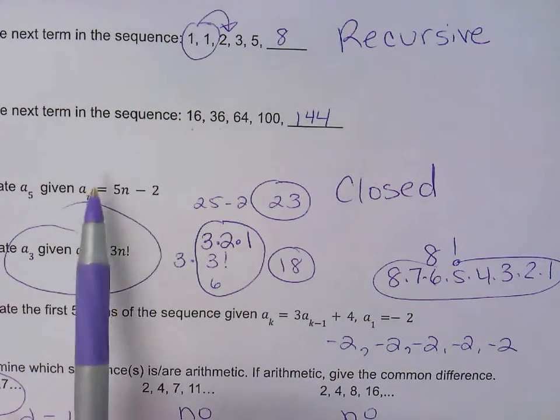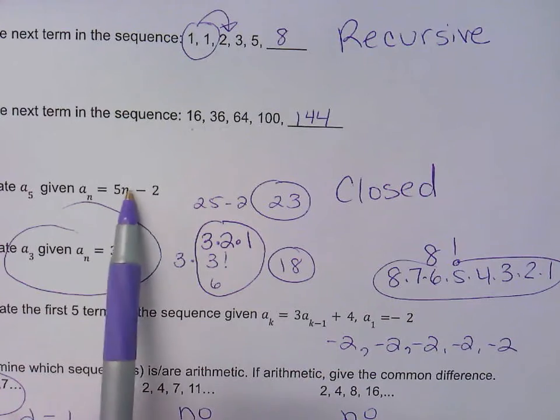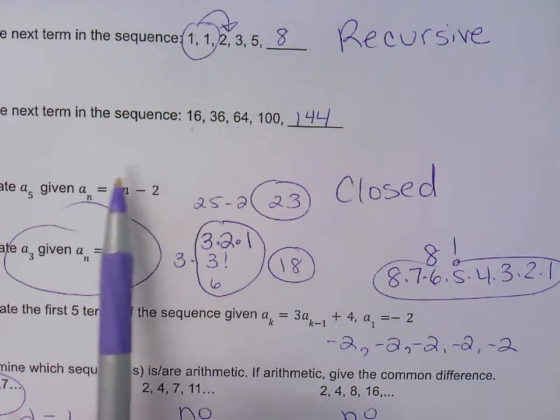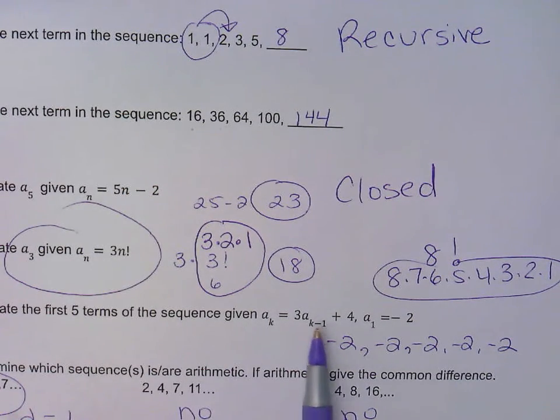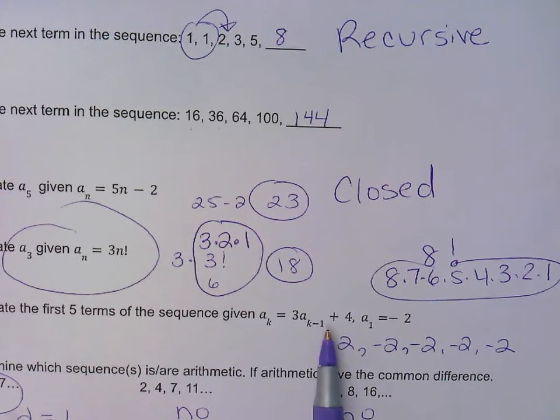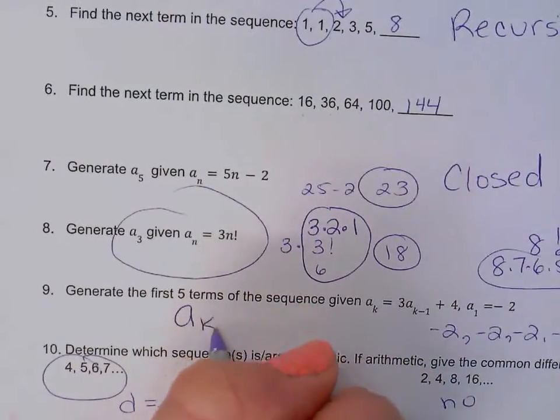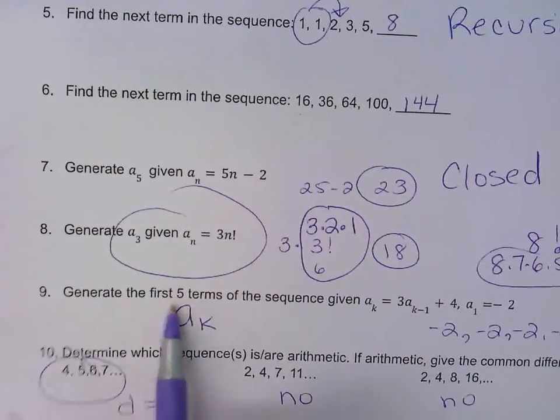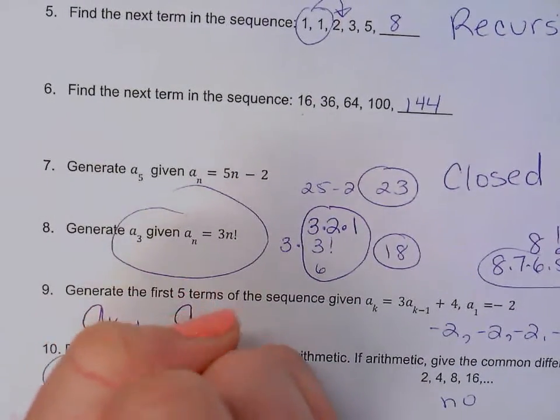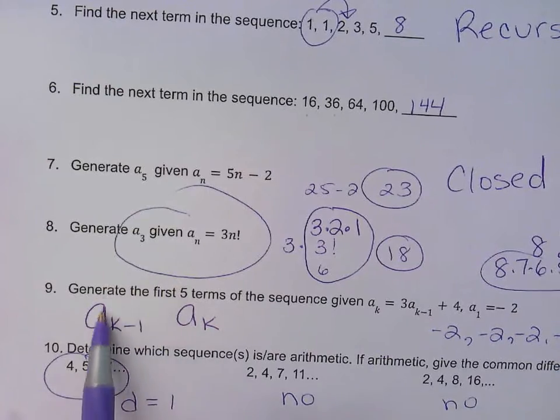So if you see a sub n, it's talking about a closed formula, you plug it in and do it. But if you see k minus 1 or n minus 1, that's dealing with a list of terms where a sub k is located here in the list and a sub k minus 1 is located here in the list